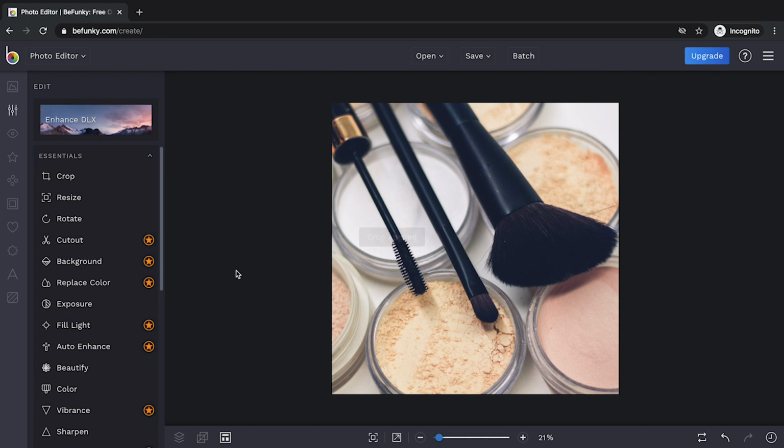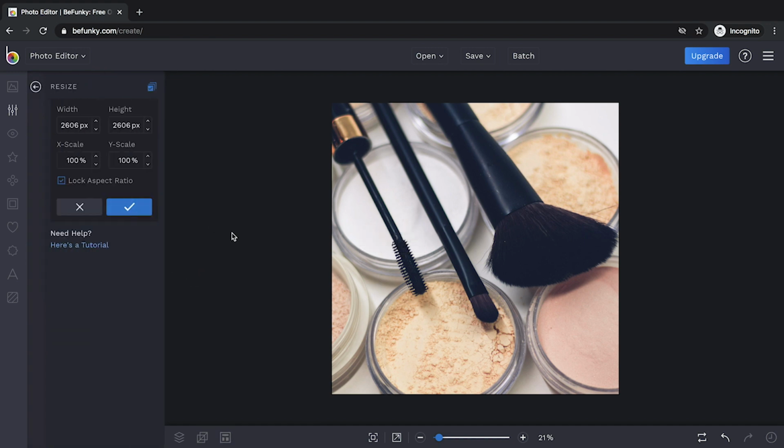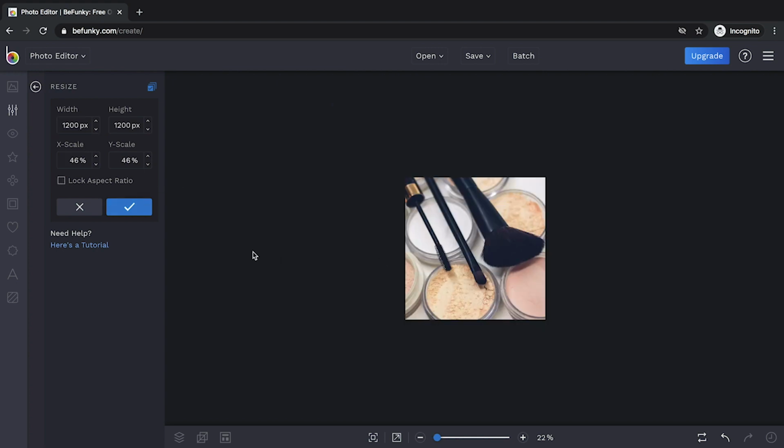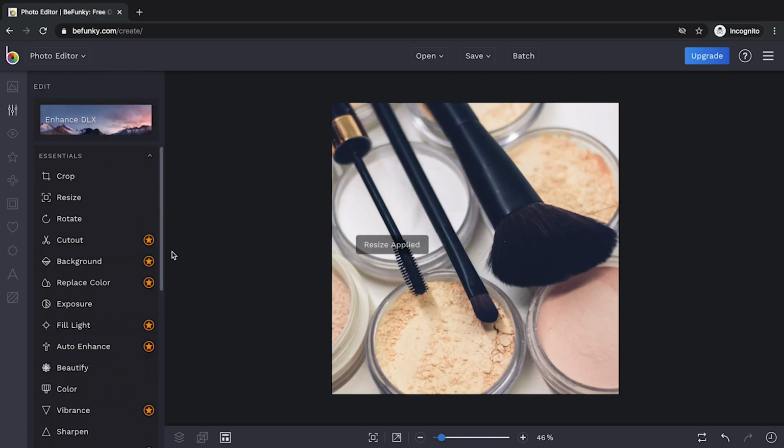So that's all done. Now what we need to do is resize. Images straight from Unsplash are usually quite large, which may take a little while to upload. When you upload to places like Shopify and other website builders, they often compress the image for you, or reduce the file size, should I say. But let's just make this one, say 1200. And we want to lock the aspect ratio, so 1200 one side is the same as 1200 the other. There you go. Save. That's great.